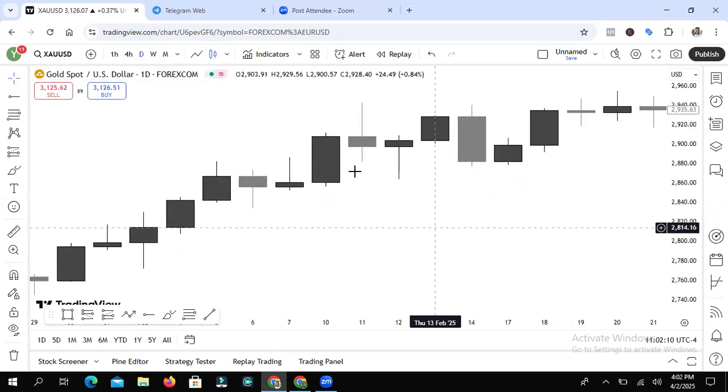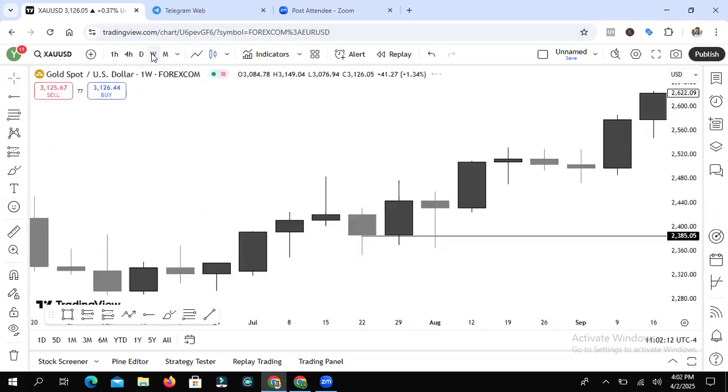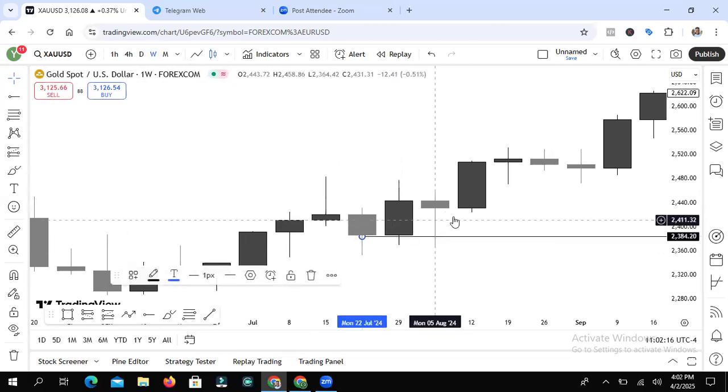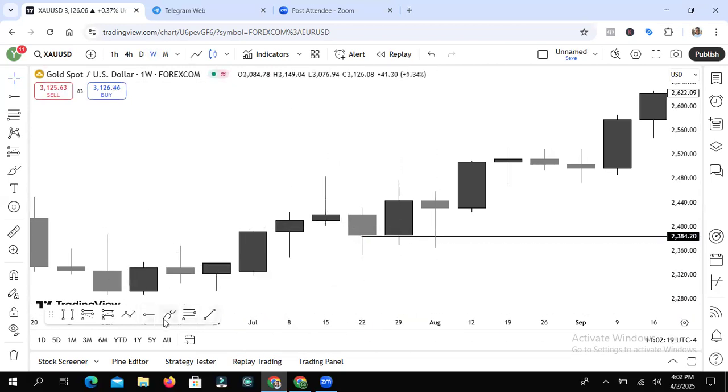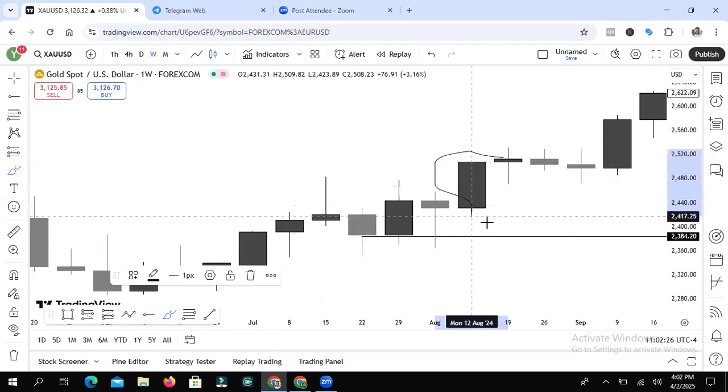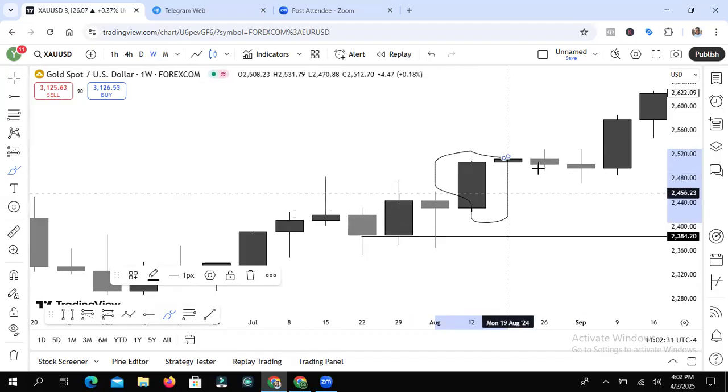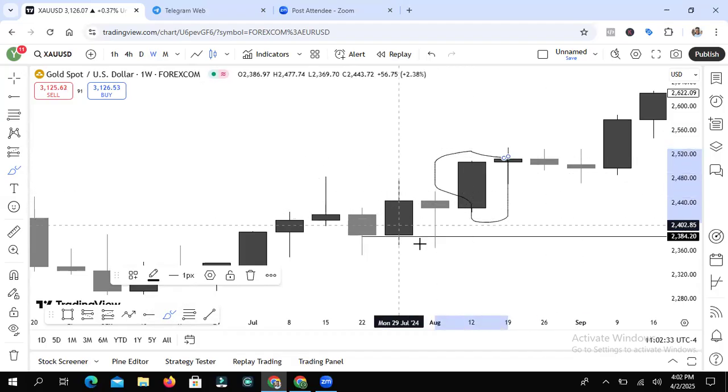Let's assume, for that week, if you were to come in on this third week, let's say this is week one. You saw this week that they rejected last week. Coming into this week, all you could have been looking for is how to buy gold. But some people will not know.